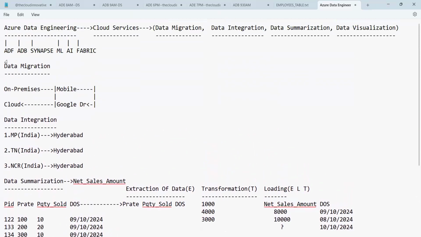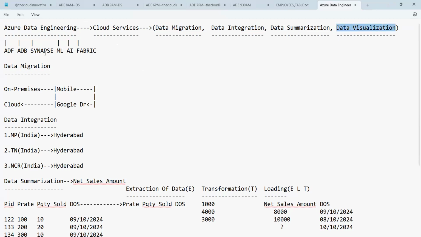Here you can see ADF can perform data migration, summarization, up to summarization it can do. That is Data Factory. But ADB can do data migration, data integration and data summarization also. Whereas Synapse can perform data visualization.